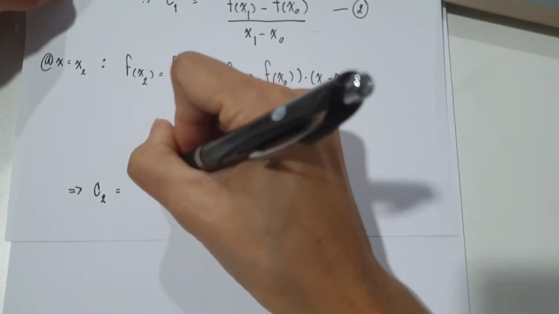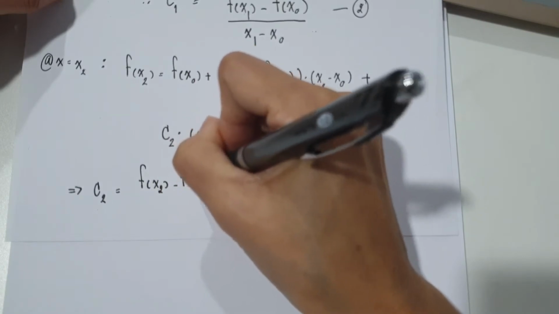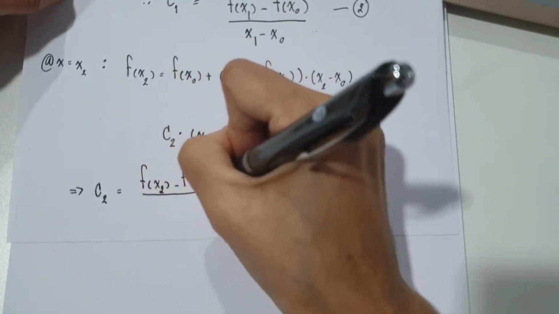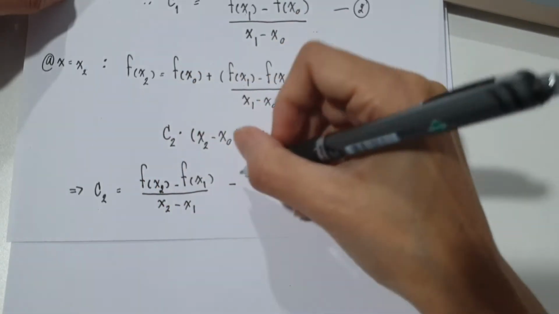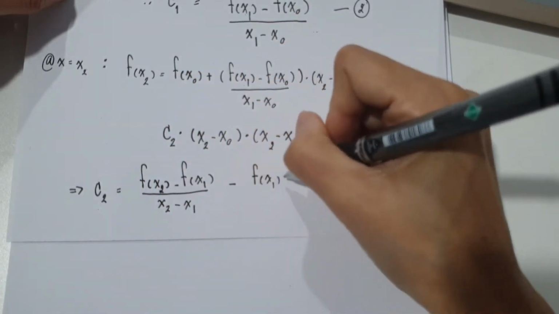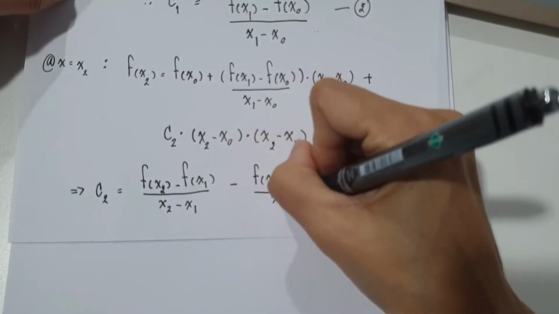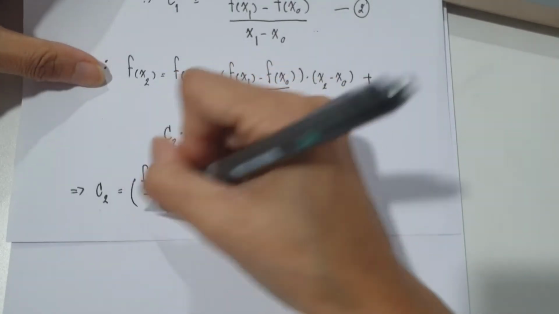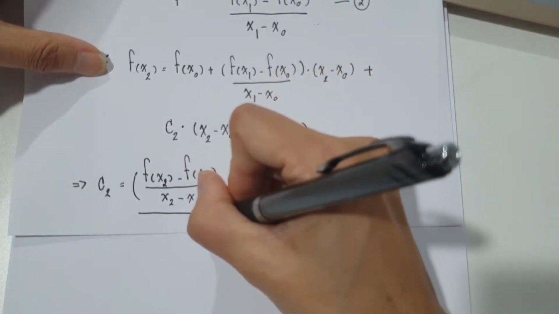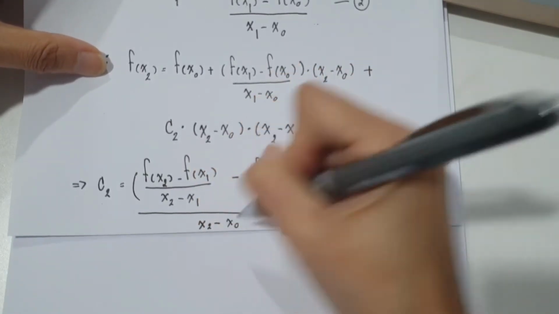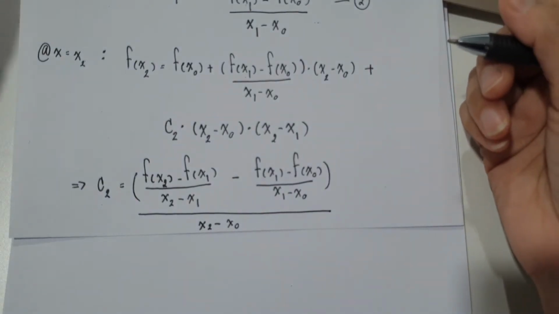So the form that you will get is represented in terms of (f(x2) - f(x1)) divided by (x2 - x1), minus (f(x1) - f(x0)) divided by (x1 - x0), and this whole expression is divided by (x2 - x0). Okay, so assume that